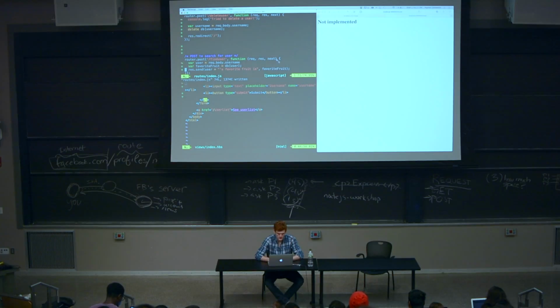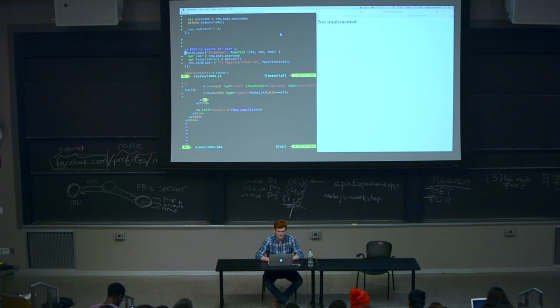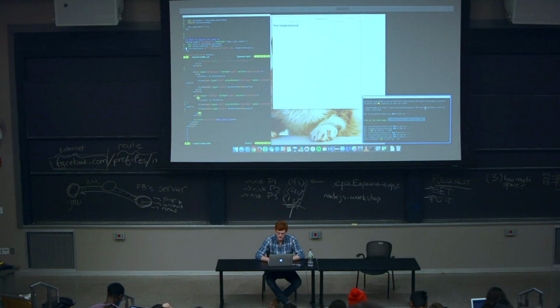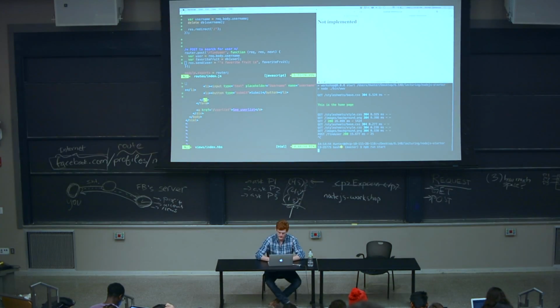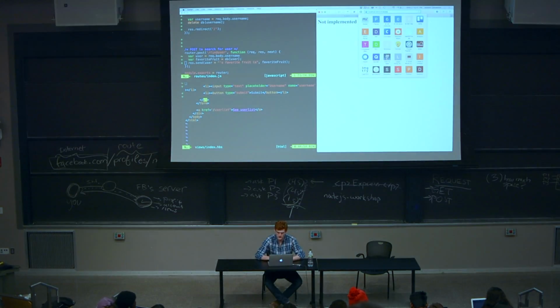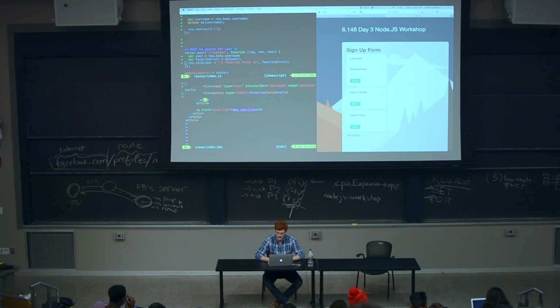Okay, so let's try this. Now when we go to this route, /find user, it's going to pull in the username, find the favorite fruit in the database, and then send back a string including the favorite fruit. npm start, go back to the root of our web app, find David's favorite fruit,